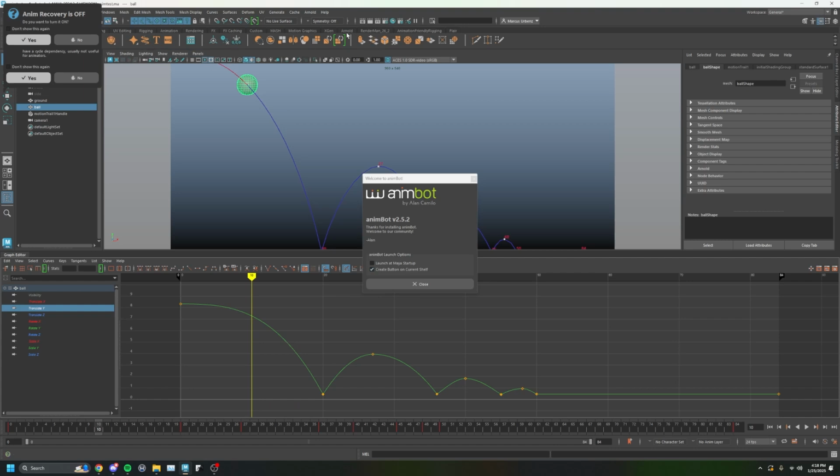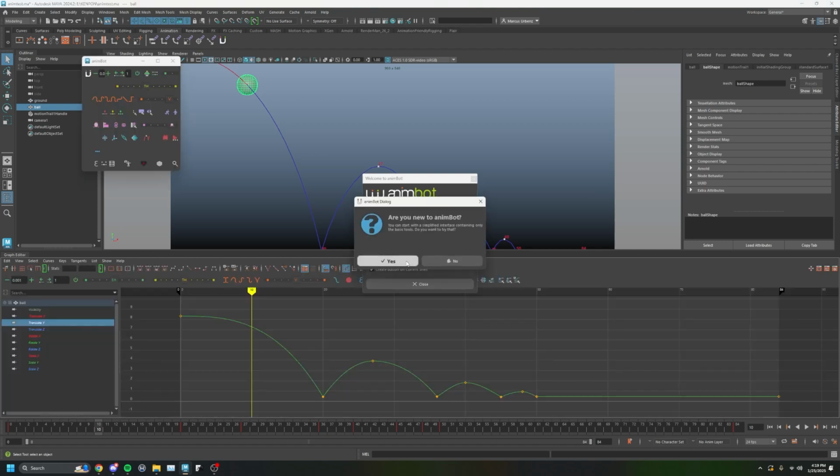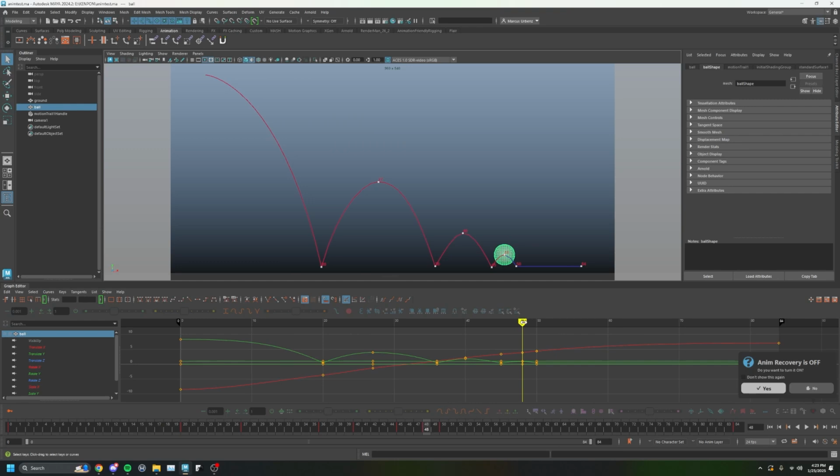So right now I have poly selected. I might go to animation. It'll give you a bunch of pop-ups about different things. You can also ask it to start up, but I usually just leave this checked off so I don't have anything heavy going on crazy. Okay, so now that we have Animbot installed, let's say I want everything to be in ones until